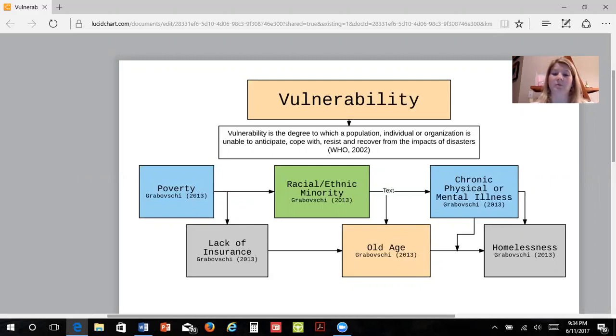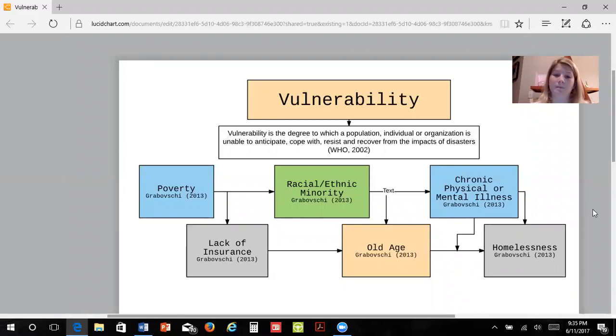Second one here, racial or ethnic minority. People who are of non-citizen status in the United States only have access to emergency care, and oftentimes when they're in the emergency department, if there's a language barrier or something of that nature, it can be easy to just bypass what they may or may not want and just do what you think is appropriate as a healthcare professional, when that's not appropriate. What's appropriate is to include them in their care.